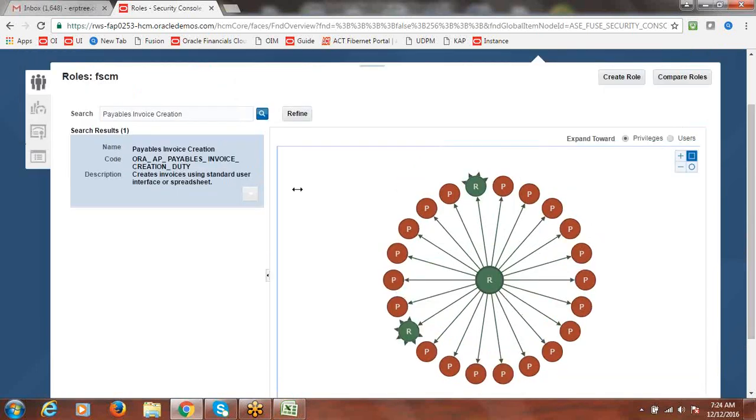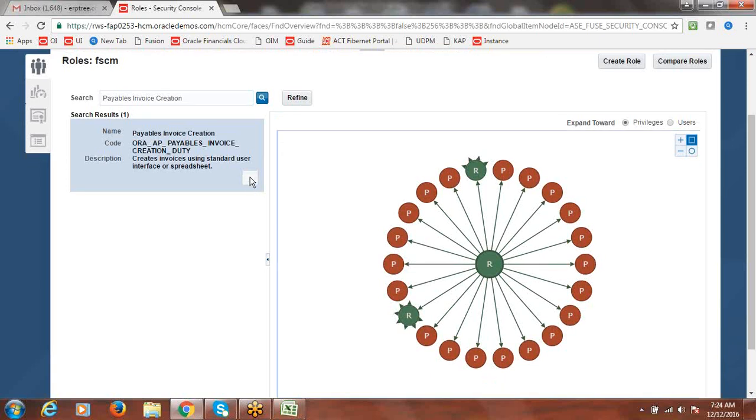Okay, so this is the seeded one which is given by Oracle. Now what we want to do is make a copy of this role. How to copy? You can just click here. Here we have an edit, but please don't edit the seeded roles. Even in EBS, whatever seeded menus we get, we should not make any changes to them. The option is to create your own, but you can use it for reference. Here also it is the same. You should not directly edit whatever seeded role we have in this environment. Go with the copy role.